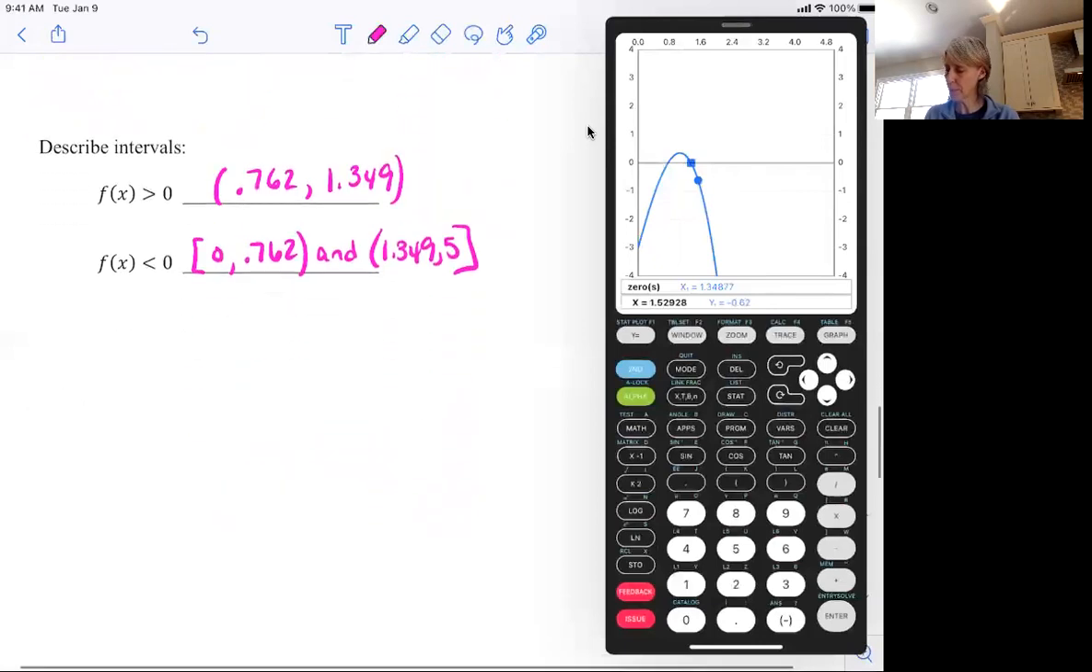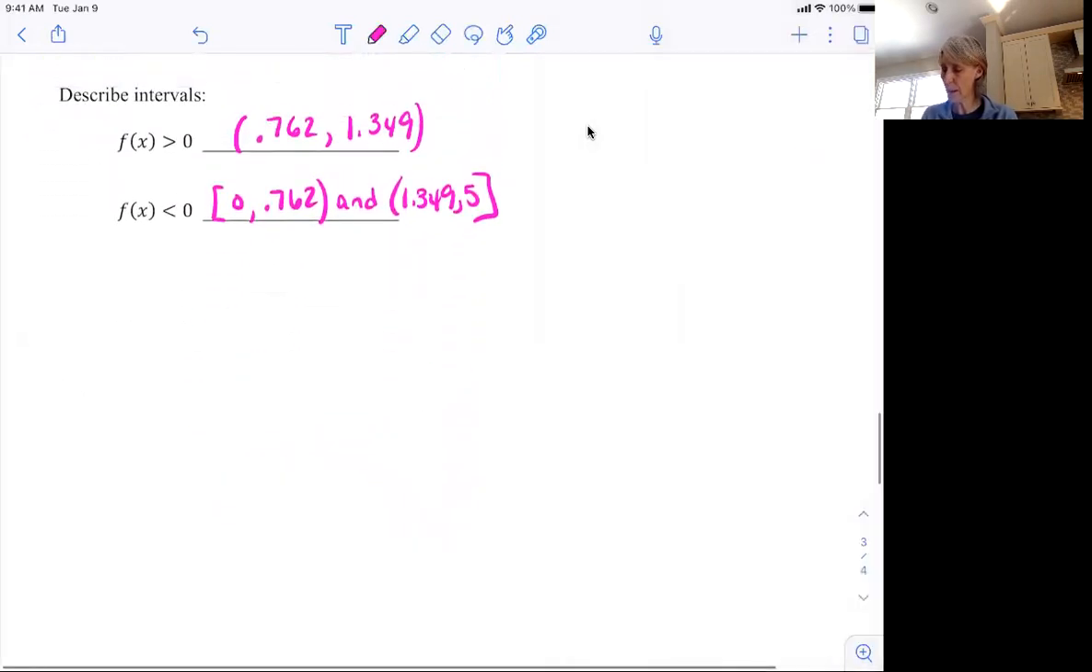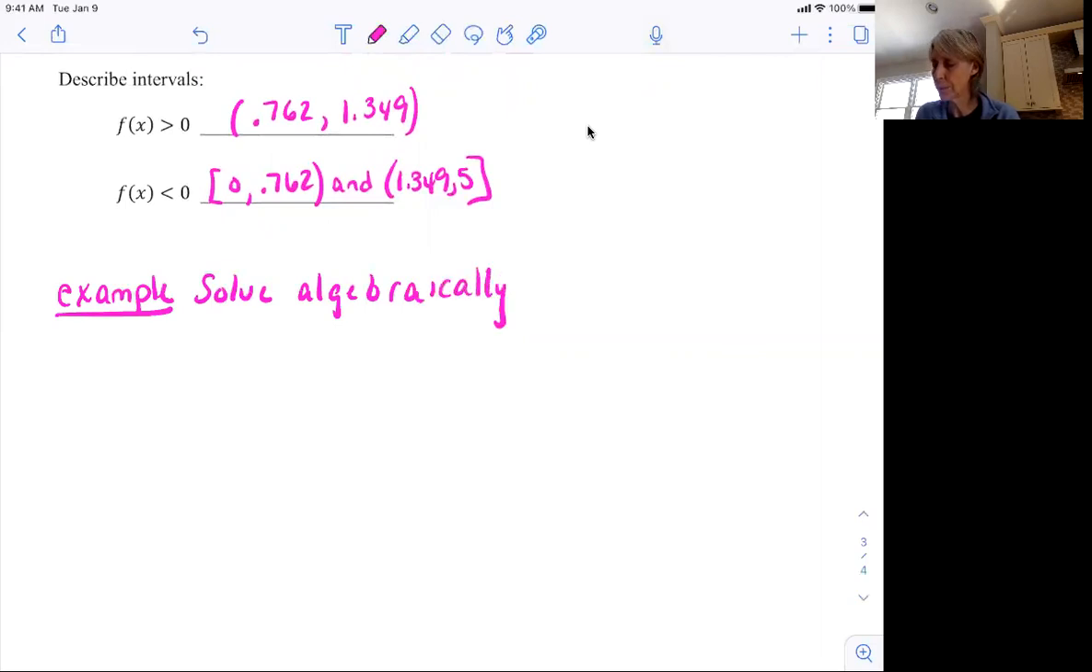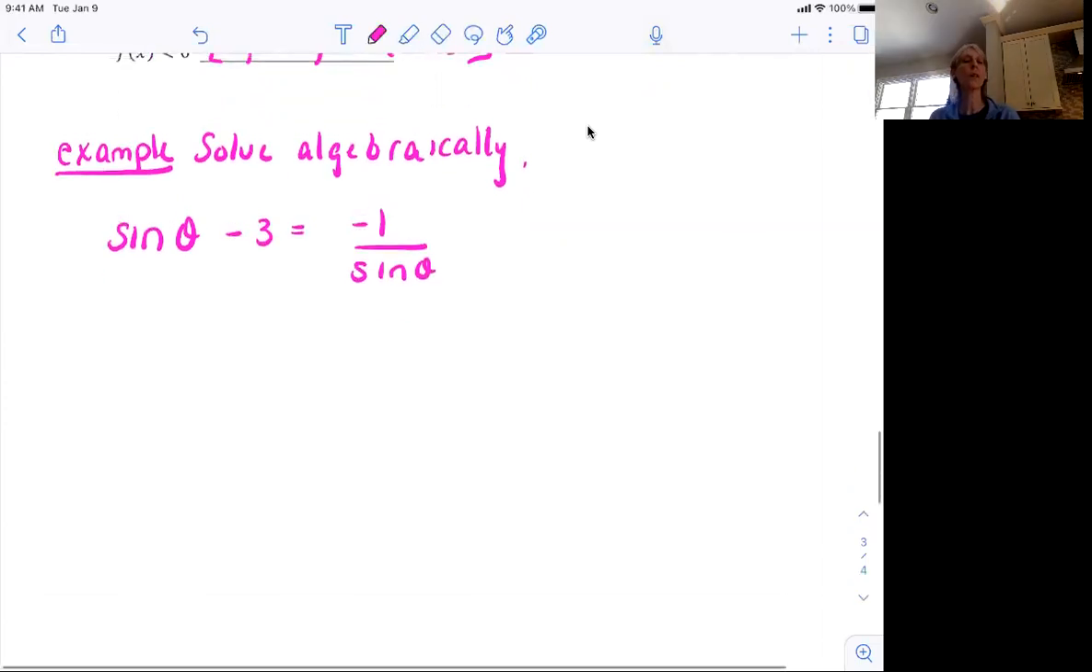Okay. Before we leave today, there's one other problem that we didn't really get to, so I would like you to add this in. This is going to be solve algebraically, meaning no calculator. Let's say I have something like this: sine theta minus 3 equals -1 over sine theta. I didn't really do anything like this, so I would just want to go through it with you